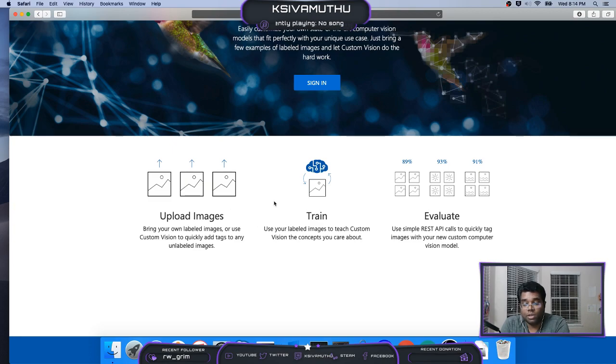Using our labeled images, we click the train button in the Custom Vision portal, and it internally takes all the images, analyzes the label attached to each image, and generates the machine learning model. It gives you a custom model built for your domain images. Once we have uploaded and trained, and the machine learning model is generated,